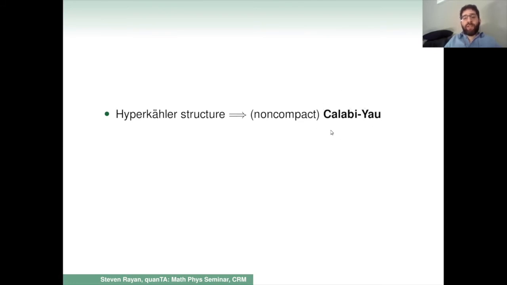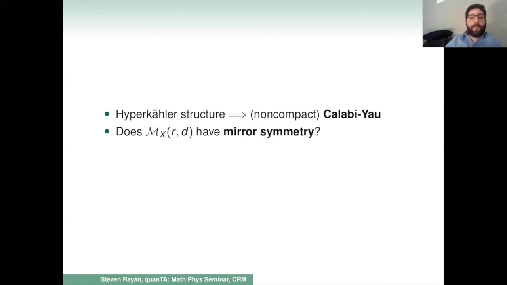So there's a complex Kahler Ricci flat metric on the moduli space of Higgs bundles, and that's the metric H that we mentioned earlier. But the proviso again here is that this is non-compact, whereas people were, at least traditionally, interested in compact Calabi-Yau manifolds in string theory. But if the main feature of Calabi-Yau manifolds, again from the point of view of high energy physics, is whether they have mirror symmetry, we can ask that question about the Hitchin system.